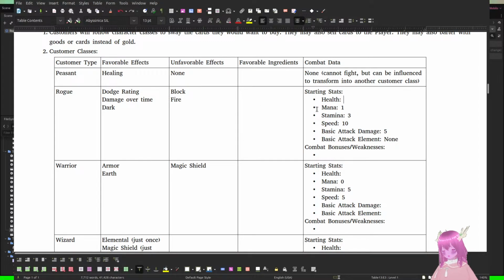Alright, so the rogue will start with like... I think I wanted all of the things to be low to the ground, didn't I? We'll say 20 is the base health. Like that is the basic low health amount.